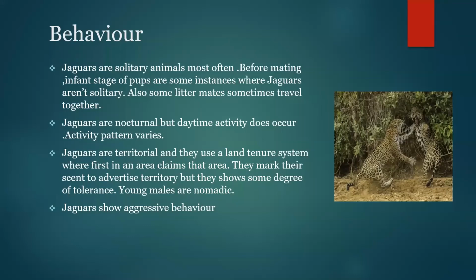Yeah. Aya, what is that word there in that third tip? The last word in the third tip? Nomadic, Mali. What's that, Aya? So nomadic is Mali. They travel alone, going from place to place without like a specific area where they live. Okay, thank you, Aya. Okay, Mali. So